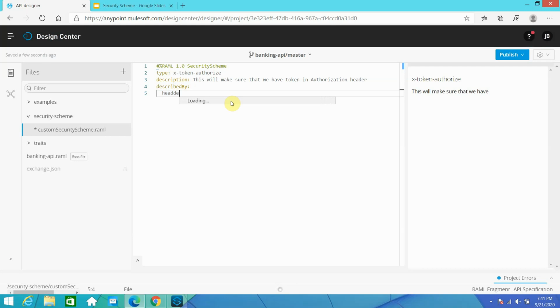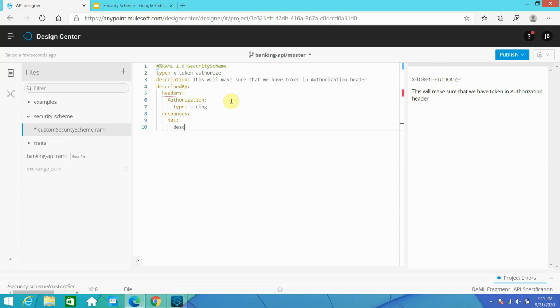Under headers I can say authorization, and I want to define its type as string. Then I also want to define responses. So I can say 401.